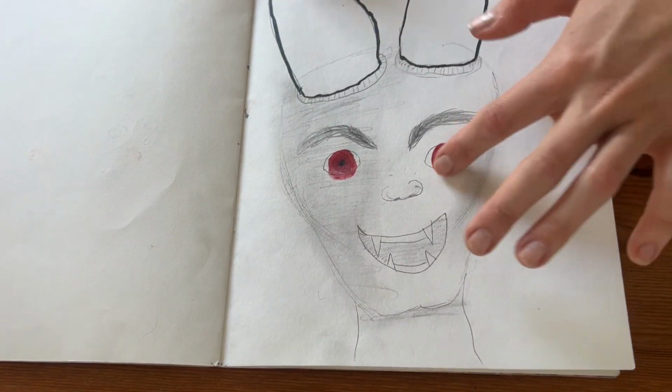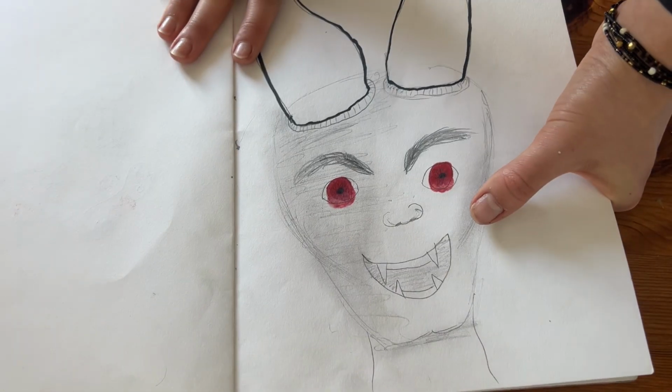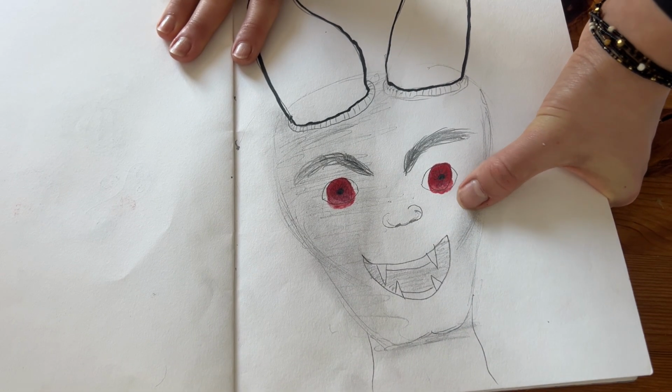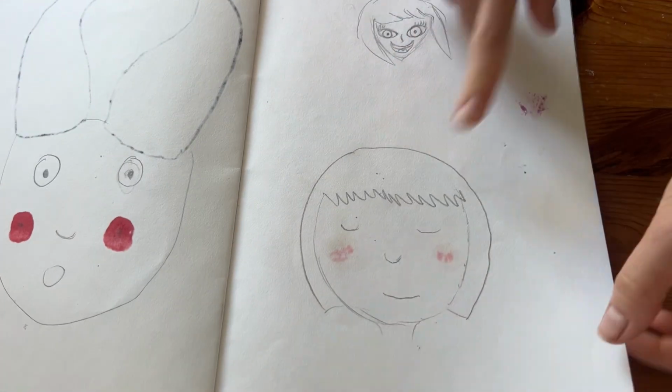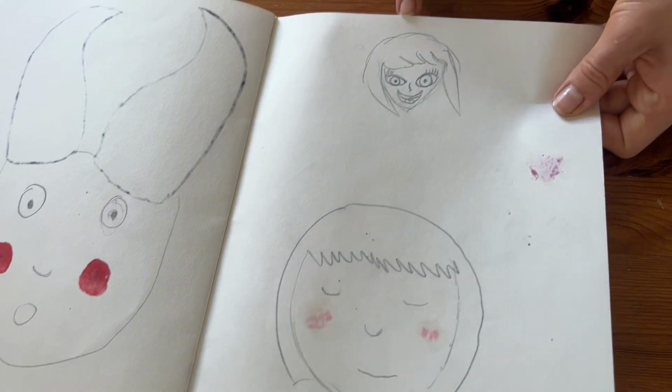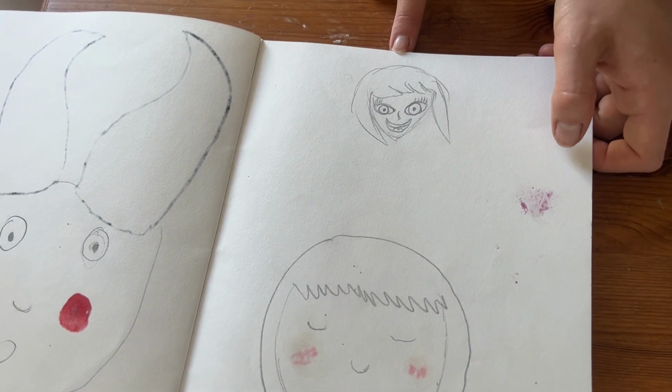I drew the devil, and I wanted to blend these eyes with the colourless blender. What you will learn about alcohol markers is that the colourless blender bleeds through. So I drew another one, and then I used it as blush on this girl. And I don't know what style this was meant to be in or what I was copying, but